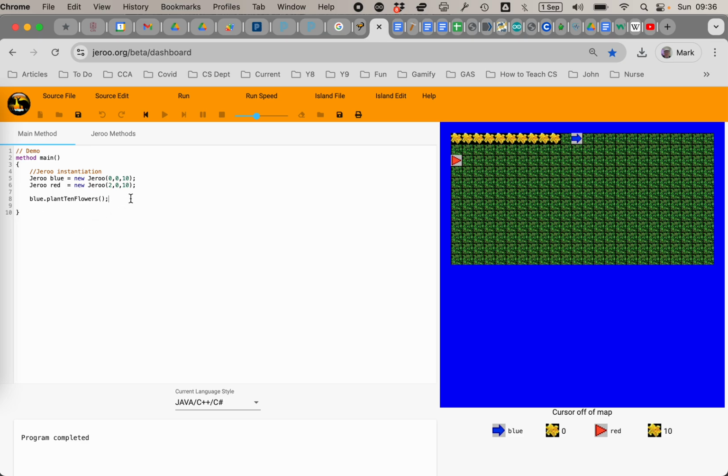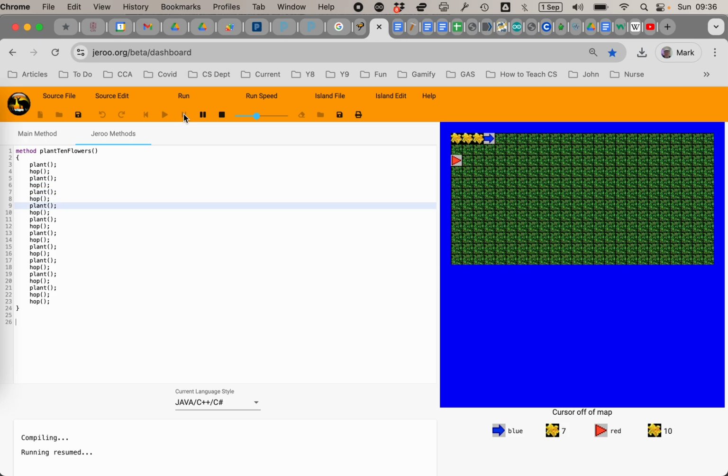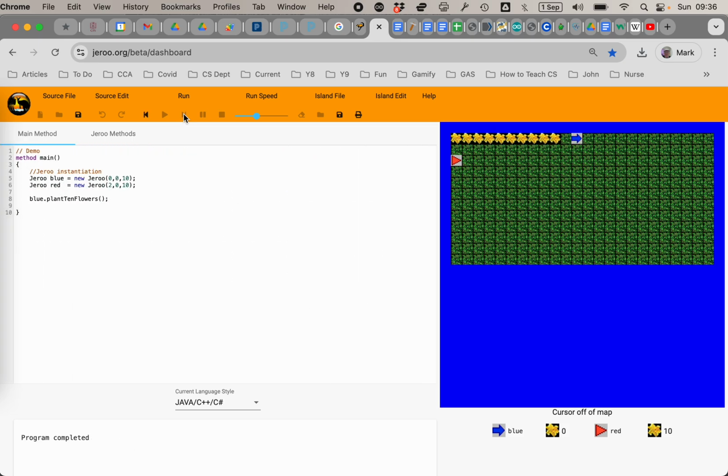And let's just run it to see if it works for just the blue guy. Okay, now it's executing the custom method, and it's going to go back to main. So now we want the red guy to do the same thing. So we can just copy this statement and tab it in and change this to red and run that. Okay, I think I have to reset it first. Now if we run this,